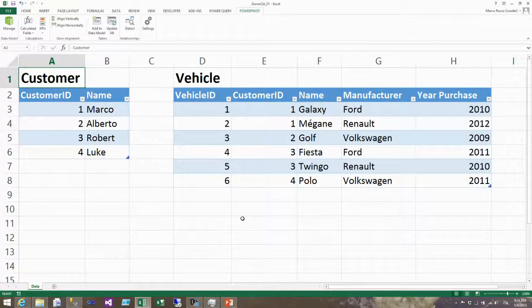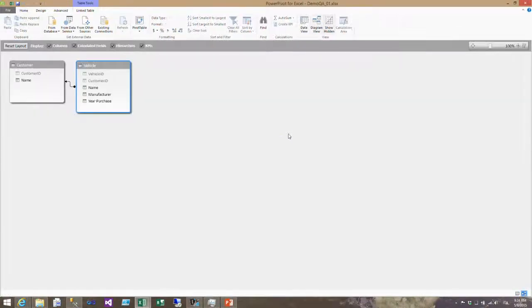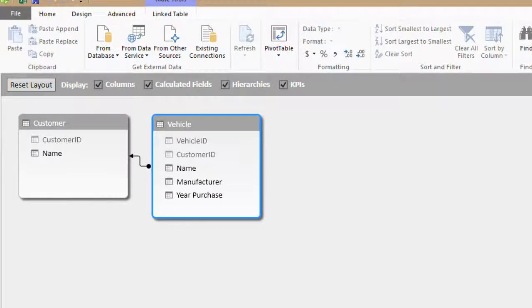This is a very simple data model that I have in Power Pivot. Now, I actually have Excel tables just to show you in a larger way, but imagine you have a list of customers and a list of vehicles. So when you create a data model in Power Pivot for this, you will obtain something similar to this schema. So you have two tables, a relationship between these two tables, and you can populate these two tables with a lot of data, and then you can upload this table to Power BI.